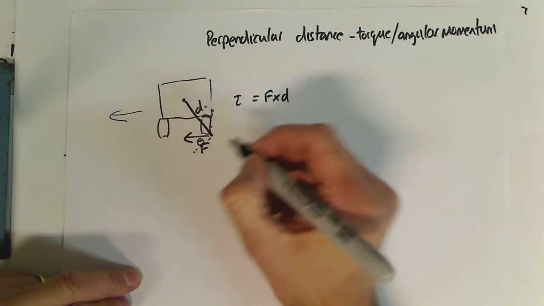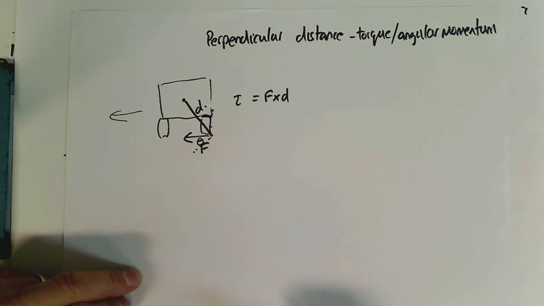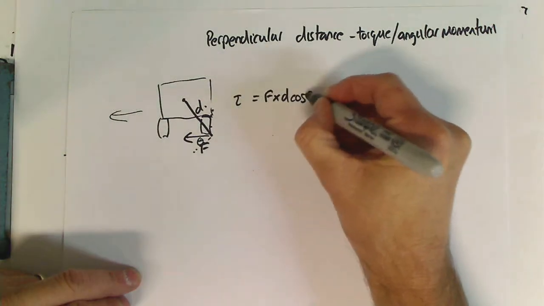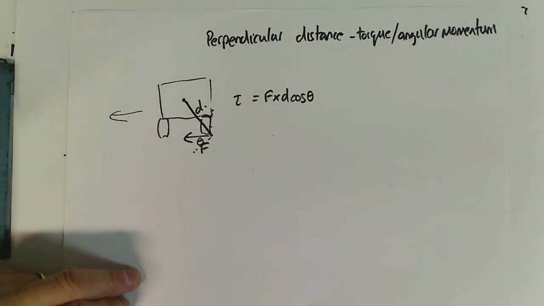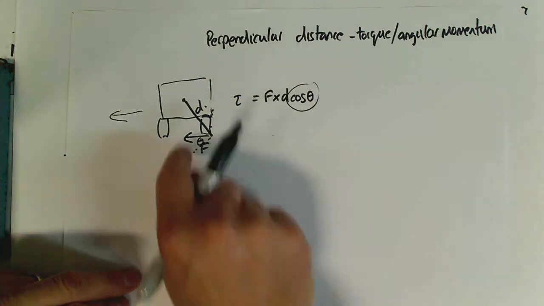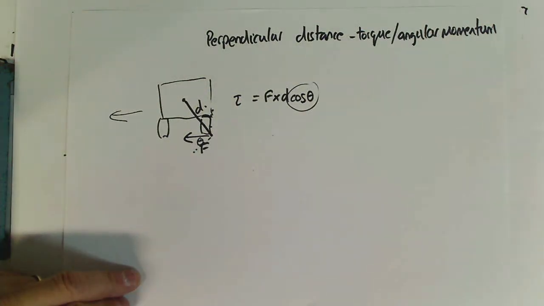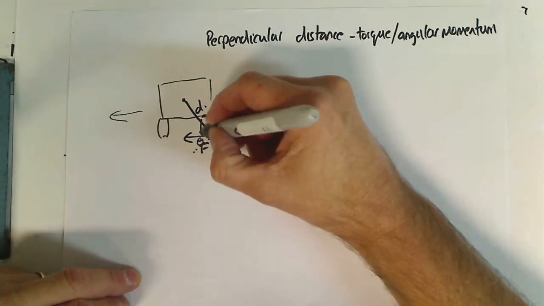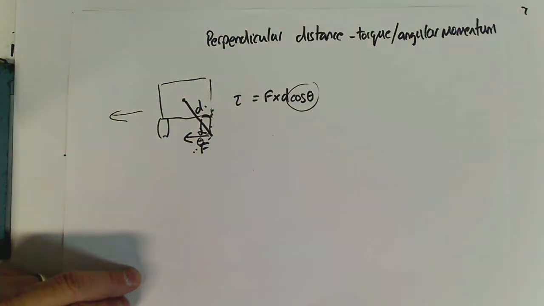So if that was our theta, then it would just be that force times the cos of theta. Depends which angle we use, but you can see that's what we'd have to do. Now, the easy way to do that saves you doing that angular piece, and if we'd used the other angle there, the actual angle between the two vectors, that is this little angle there, then it would have been the sine of the angle, right? Because those both add up to